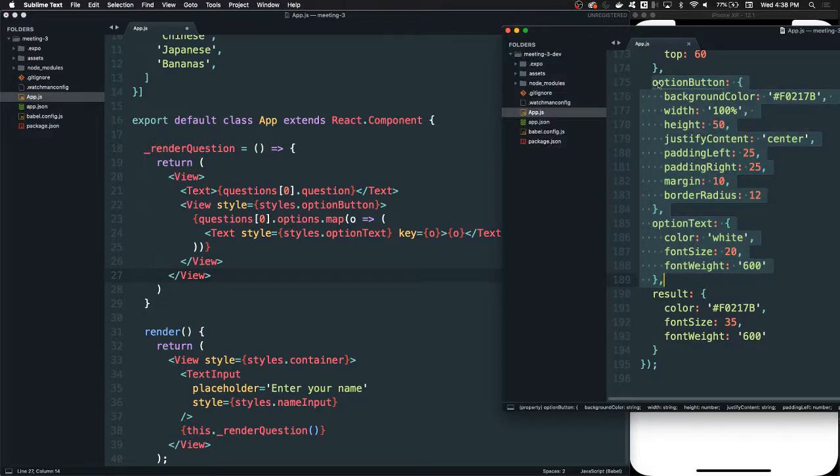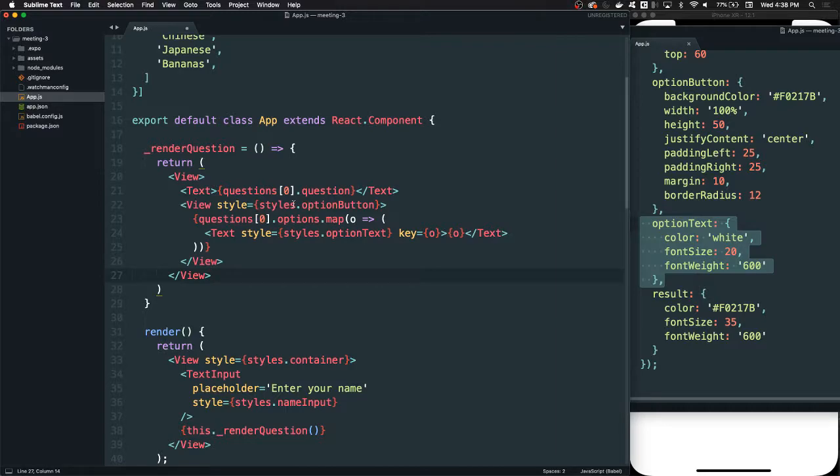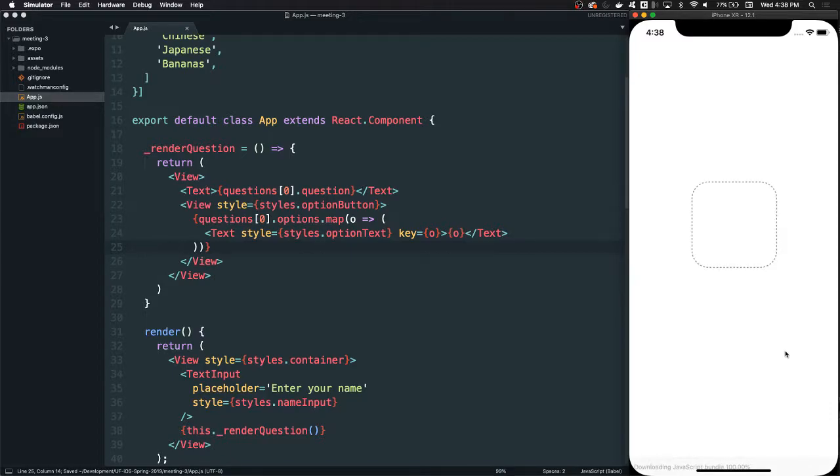So the reason we have two styles here for the button is that this is what contains the text, and this is the text itself. So that's how we have two different styles. So once that's done, you can just save and reload the app. You'll see that it looks like that,